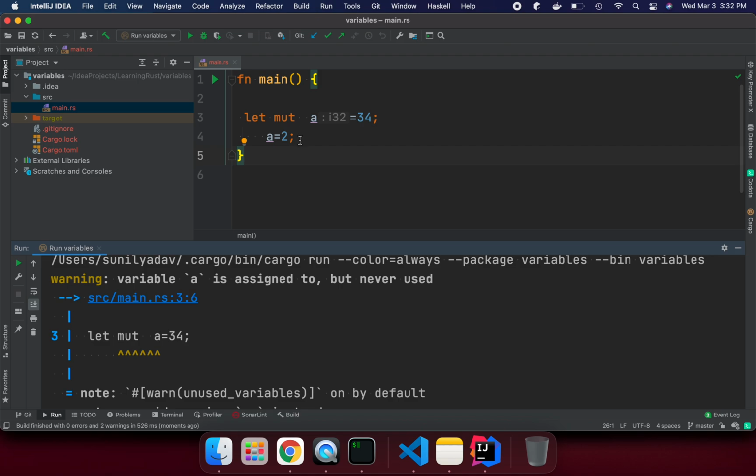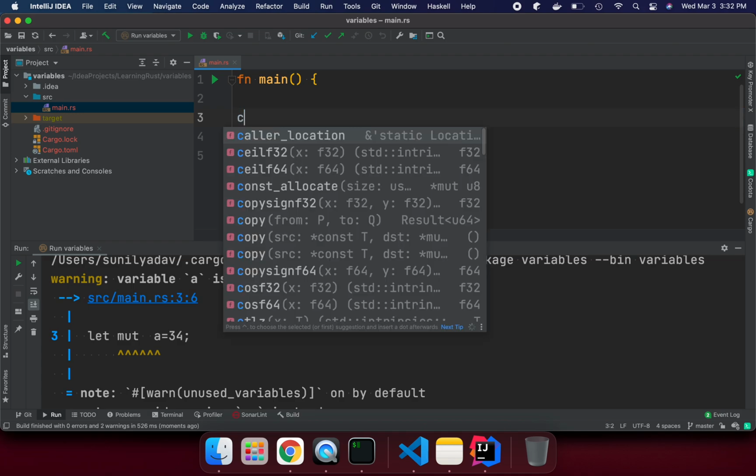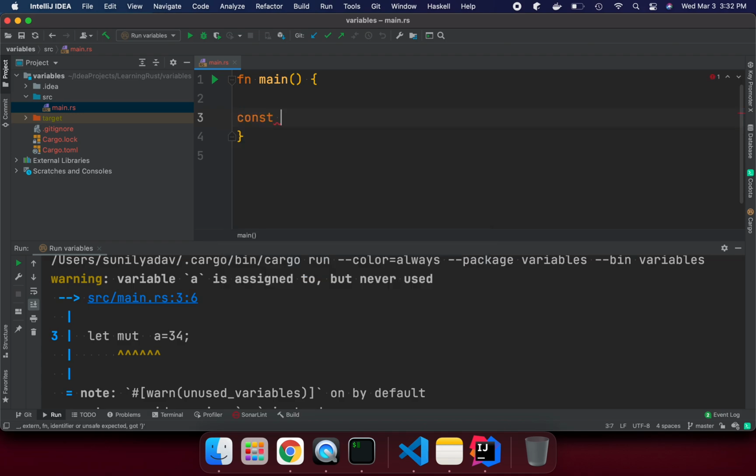How can we declare a constant? Why do we need a constant? Because if we want to declare a kind of global variable, we can use it. So we can say, for example, a underscore b is equal to 4 5. Here, what is the error?